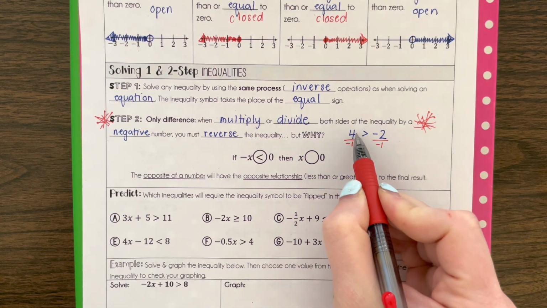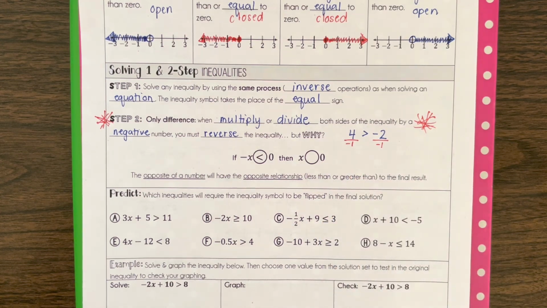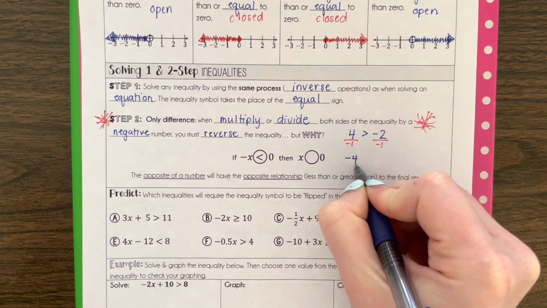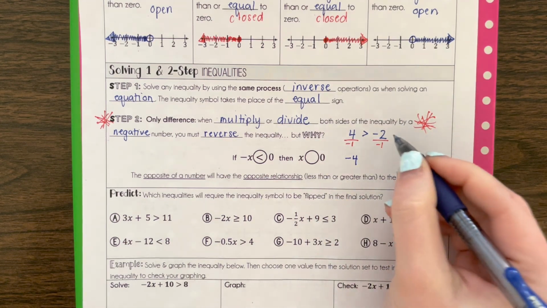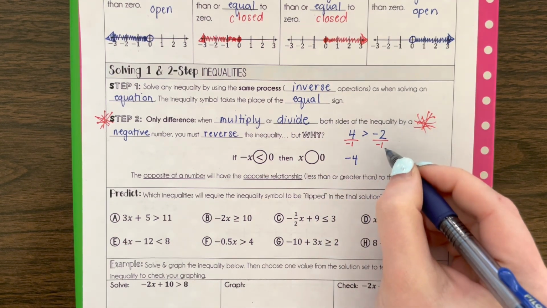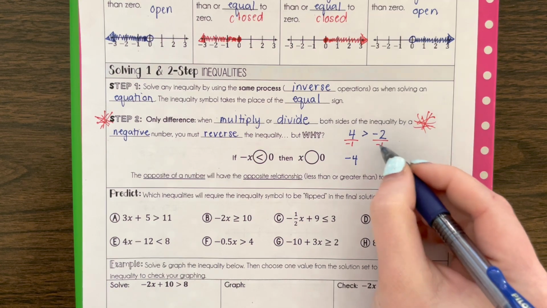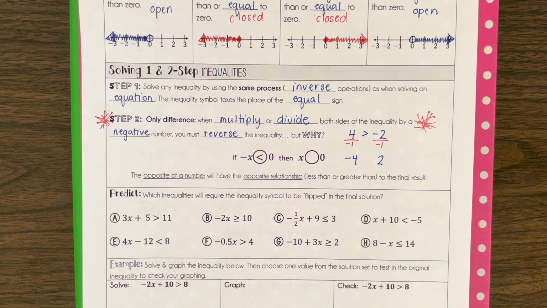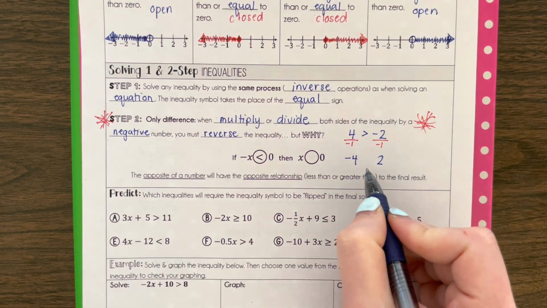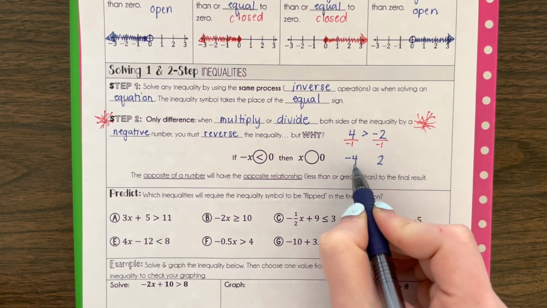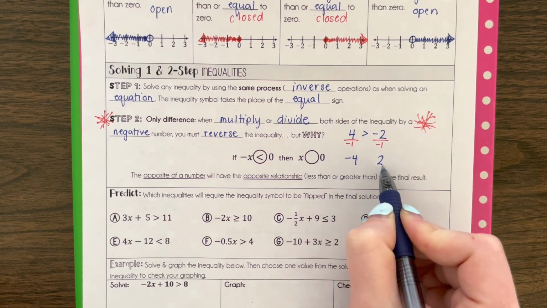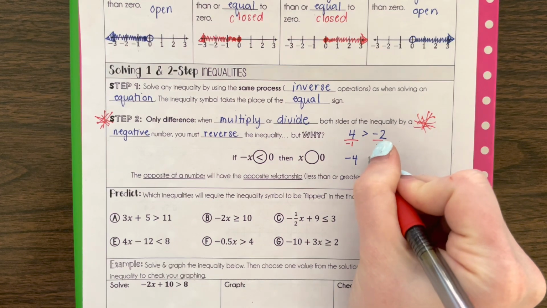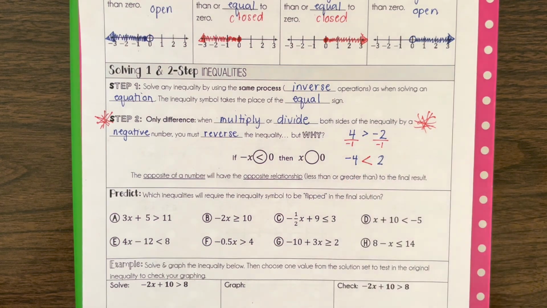Well, what is 4 divided by -1? Well, they're different signs, so that means it's -4. And then you have -2 divided by -1. Well, they're the same signs, and that means it's now a +2. Well, if I was to fill in the inequality, if I kept it the same, is -4 greater than +2? No, it's not. So what we have to do is reverse the inequality so that we have